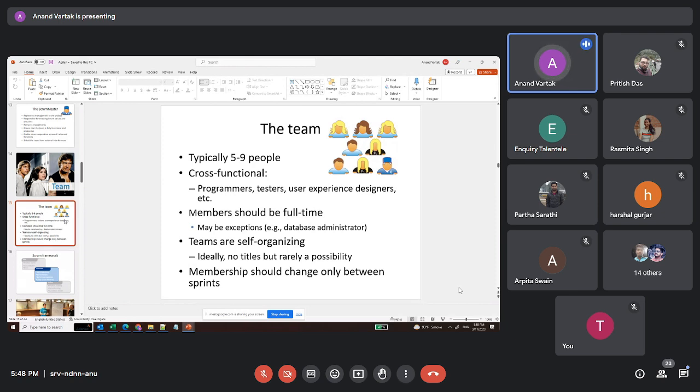And this team comprises of again the different roles, like we have developers, we have testers, we have UI designers, and we have database designers also in this. So this is a cross functional team. So they have their own skill set, and they have their own skills which they need to implement inside the